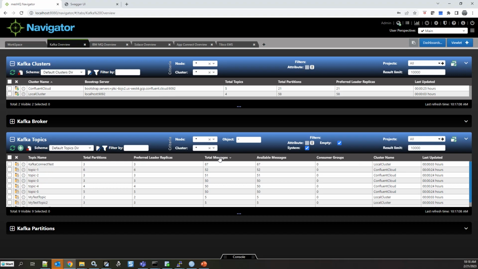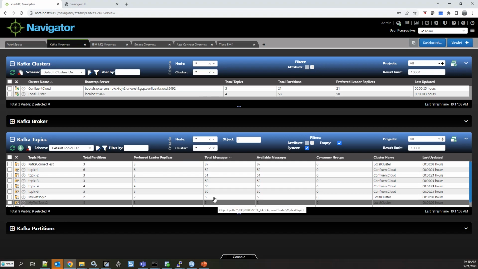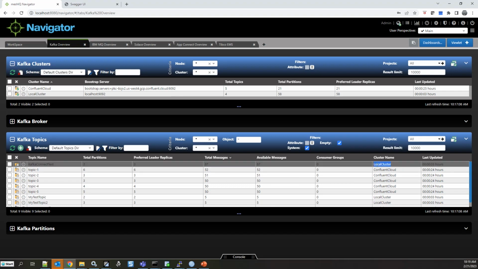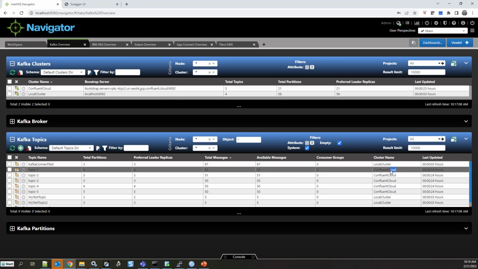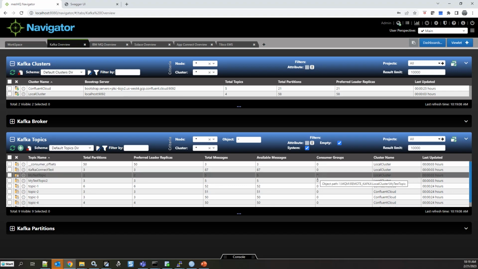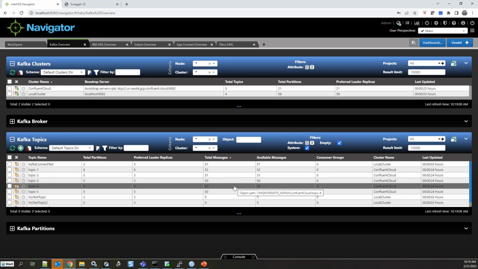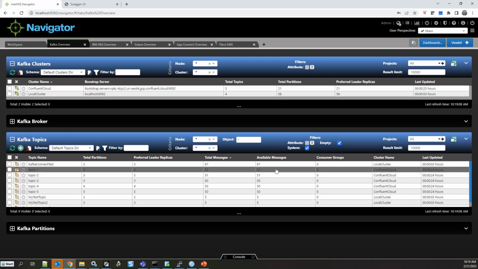And if I were to sort this view by total messages on a specific topic, you'll see that it actually crosses between my different environments, right? Some of them are in my local cluster, some of them are in the cloud. So this is a sorted view of all of the topics currently set up, sorted by total messages. And I could sort by other things as well.